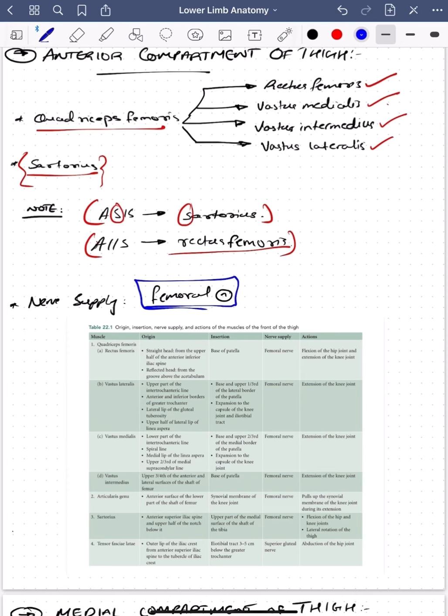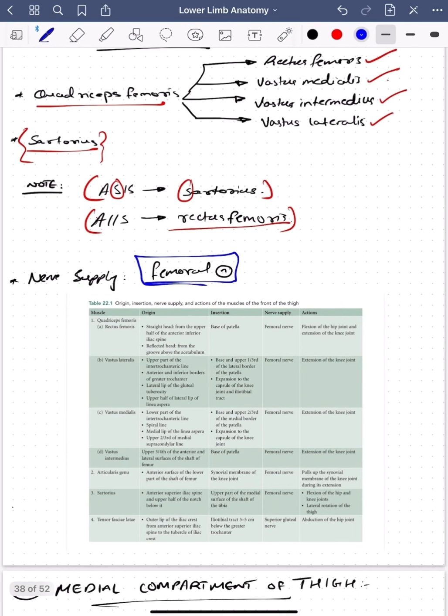Now I've included the table. You can pause the video right now and have a brief read through of the origin, insertion, nerve supply. And actions of these muscles are not important, the individual actions are not important. When we study a joint, for example the knee joint or the hip joint, which muscles carry out a particular action of the joint, that's when we have to know the actions. So right now just knowing the names and nerve supply is enough. So we've discussed the anterior compartment. Moving on